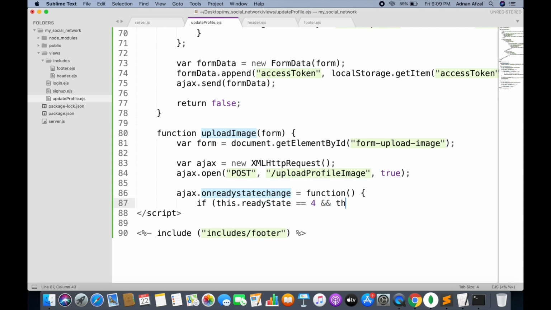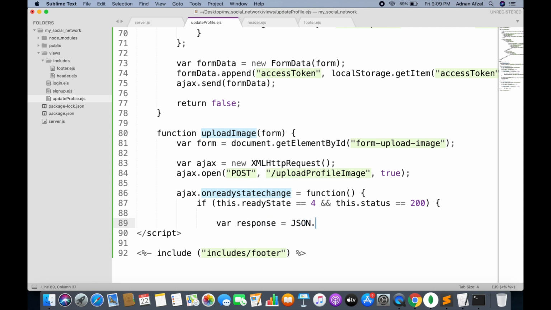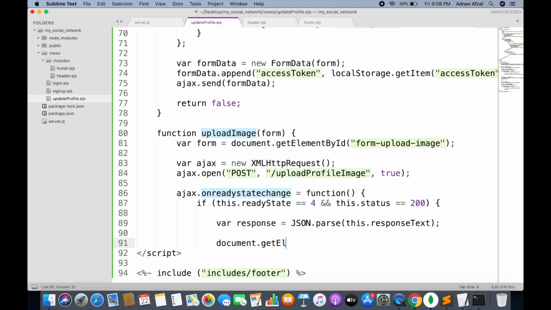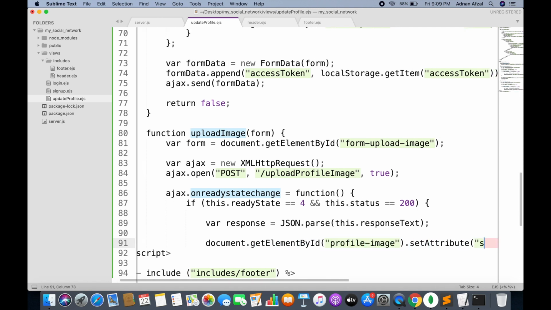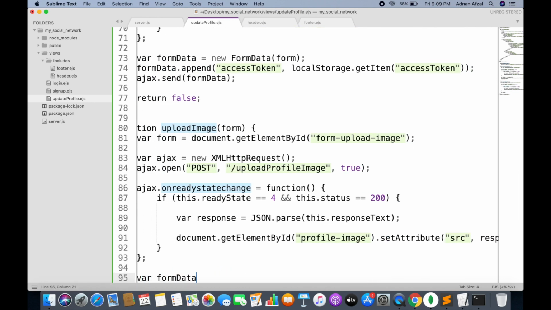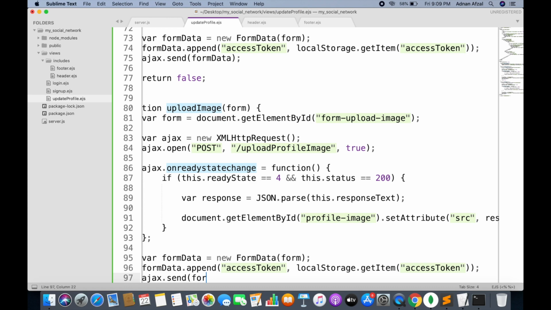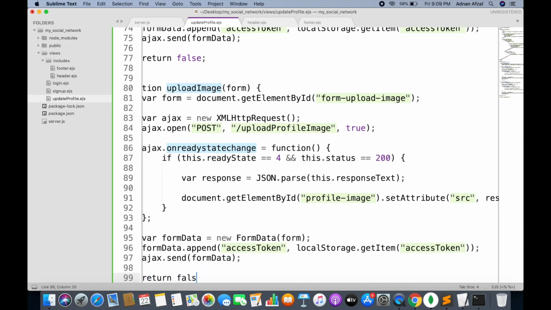When the response is successfully received, we will convert the JSON string back to JSON objects, and we will set the source attribute of the profile image to what we are receiving from the server. And finally, we will send the AJAX request using a form data object, and in our form data we will also append the access token, so the server will know whose user's profile image needs to be updated. And return false will prevent the form from submitting.